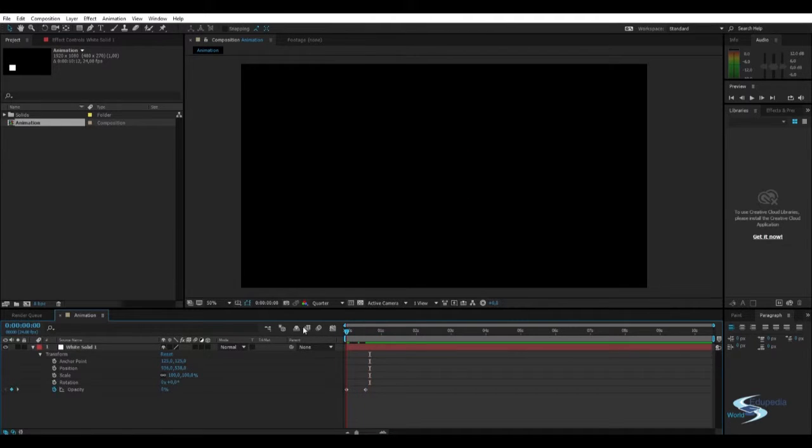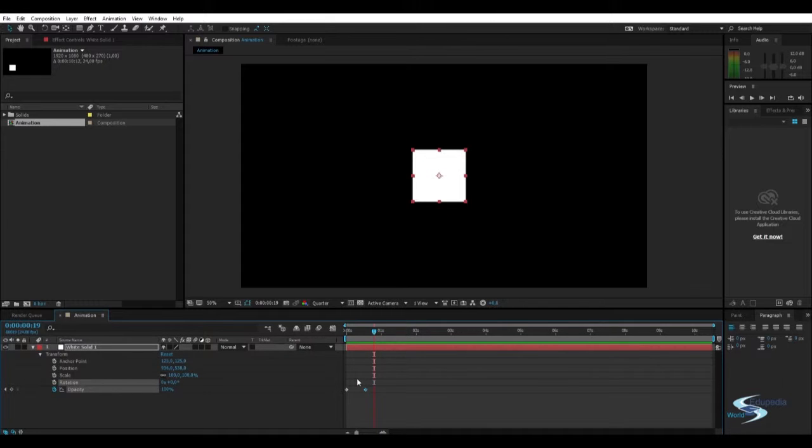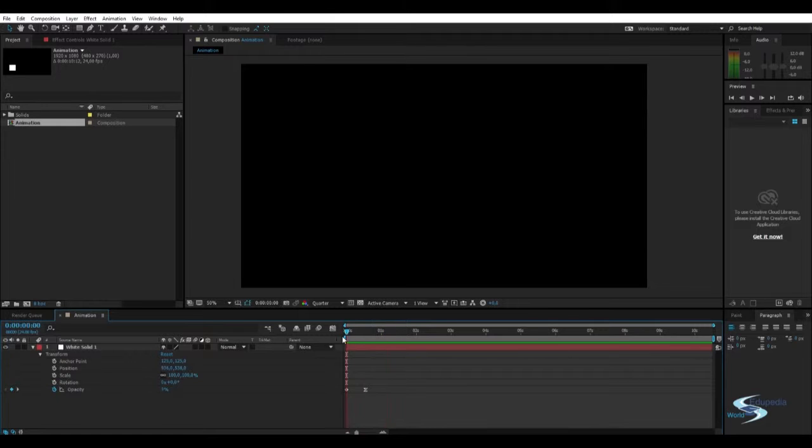We can change the speed of the fade in, and we can also make it easy ease, so it will fade in a bit nicer. And there we have it. The box fades in, and then